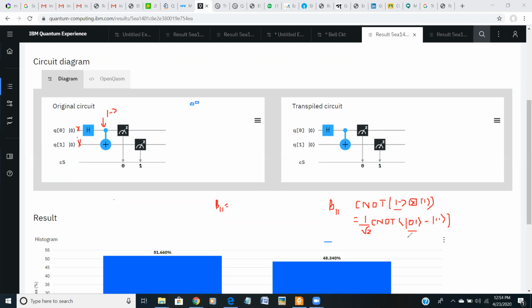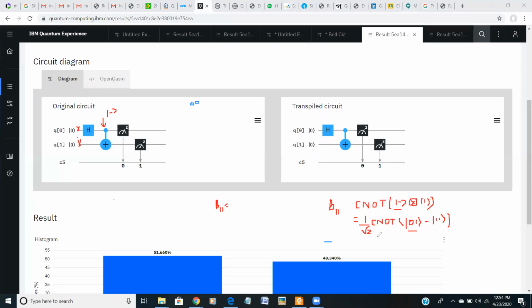What is the result of this? And if control is 1, then the target will be flipped.